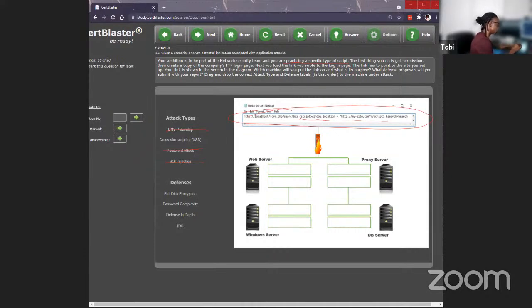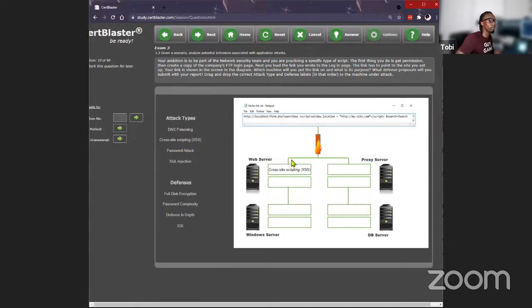Another hint of the attack: the link has to point to the site you set up. Your link is shown in the diagram. Which machine will you put the link on and what is its purpose? You pick the right attack. It is a cross-site scripting attack, based off of what we just talked about.